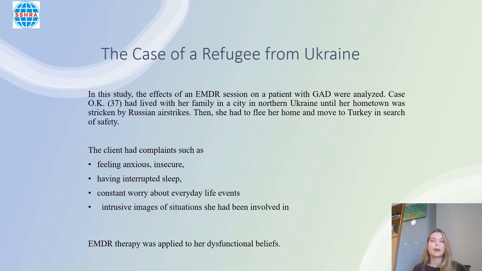So the case was with a young woman who lived with her family in a city in northern Ukraine until her hometown was stricken by Russian airstrikes. Then she had to flee her home and move to Turkey in search of safety. But before she could flee to Turkey, she had to endure 1.5 months of constant bombing and shelling of her